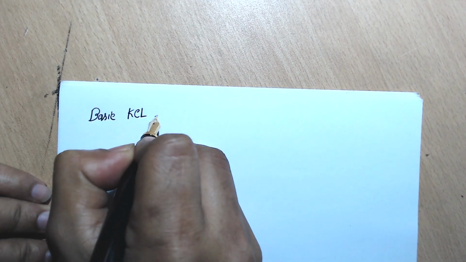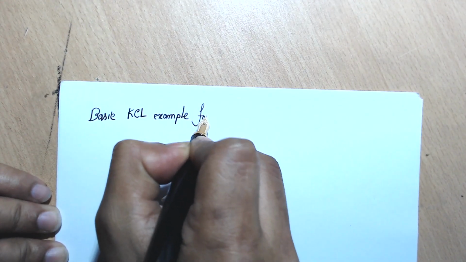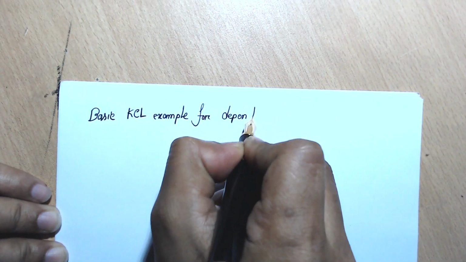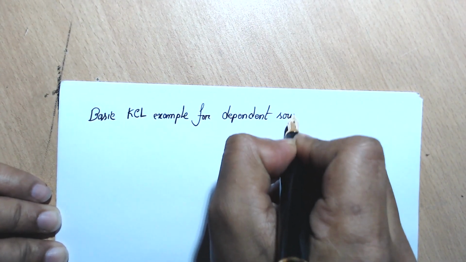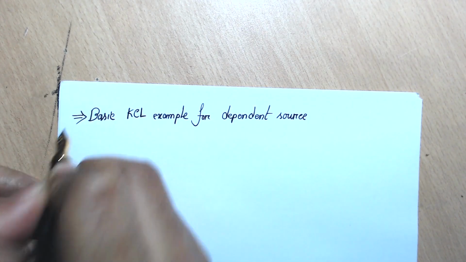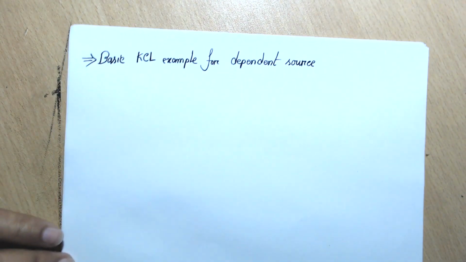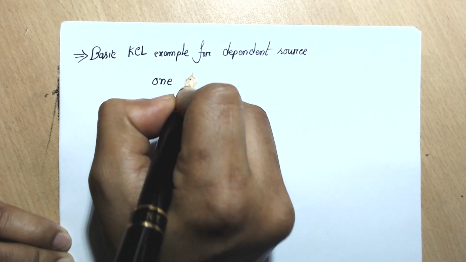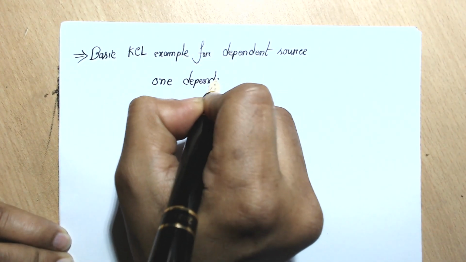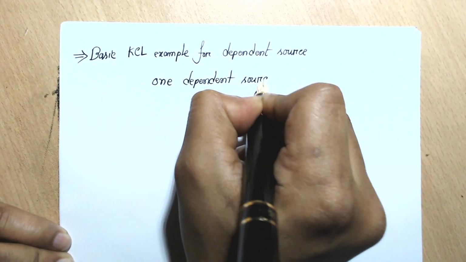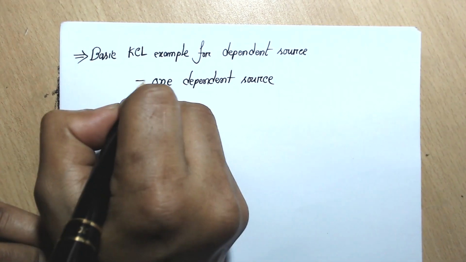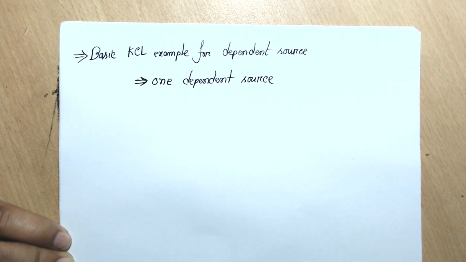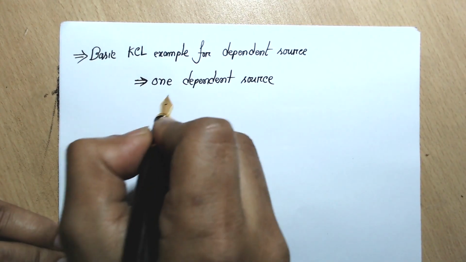Now let's take a look at a very basic KCL example for dependent sources. Let's use just one dependent source to start with. Because if we start with a very complex problem, we may end up not understanding the system. So rather we will just start with something easy. Okay,